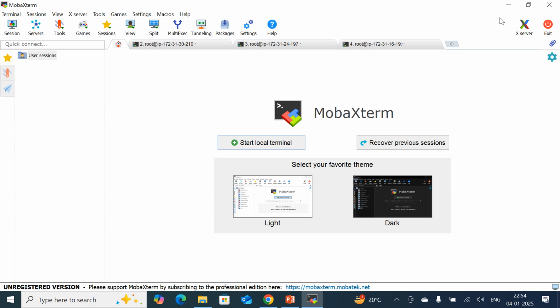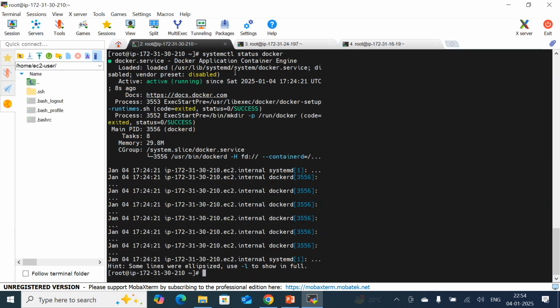Just exit from the multi-execution mode, just log on to the manager node. Here just remember this IP, 172.31.30.210. This is the manager IP. Fine. So first of all, I just want to initialize the Docker Swarm cluster. The command to initialize the Docker Swarm is docker swarm init